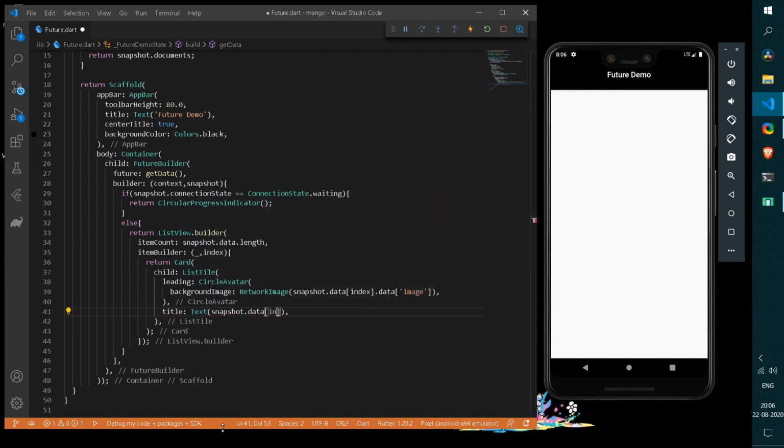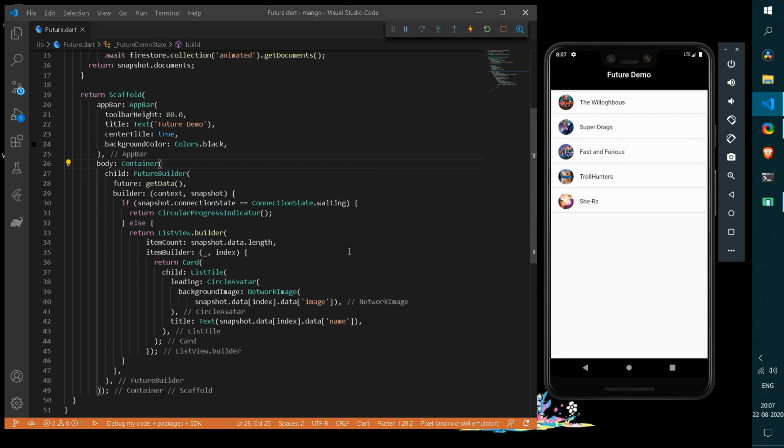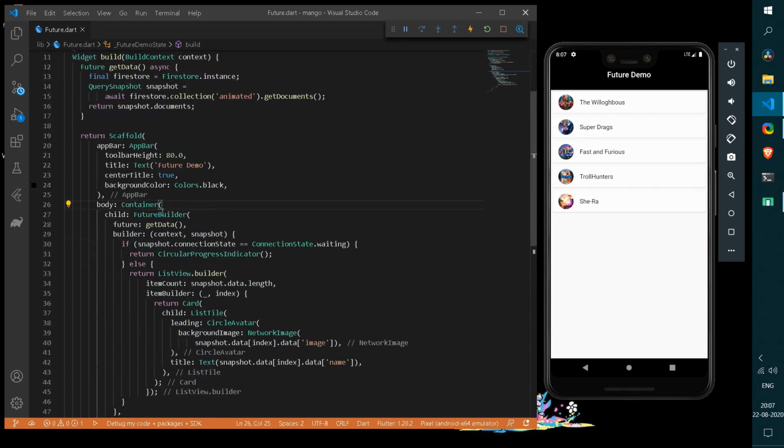Now after this leading widget, we can simply provide a title to our entire ListTile. So here I will write title as a Text, let's say snapshot.data. The same process will be recurring again and again, and here I can simply write name, and if I simply press Ctrl and S, cool. So here we can see we are fetching some of our data from Firestore database, which may not be visually appealing UI. That is, the UI will be quite common, but we have learned all the functionality of Future, that is the usage of Future in our Flutter application.